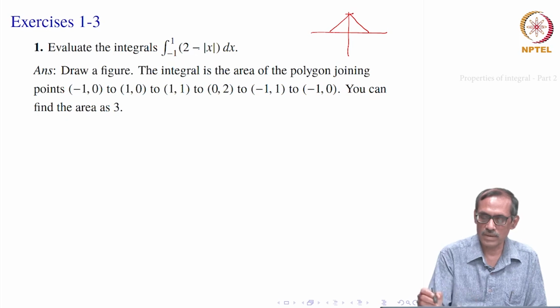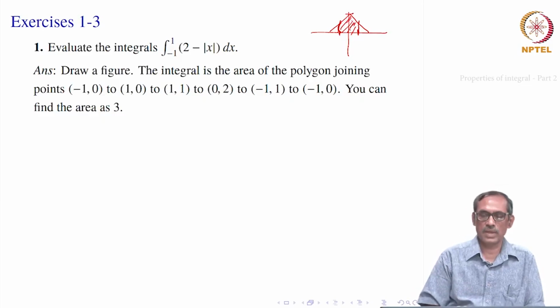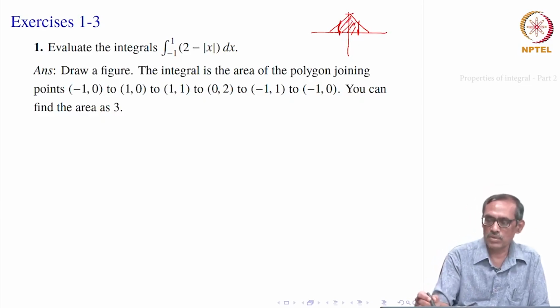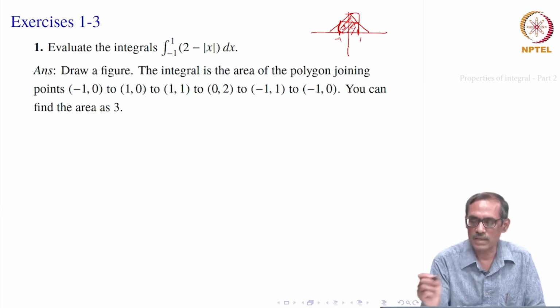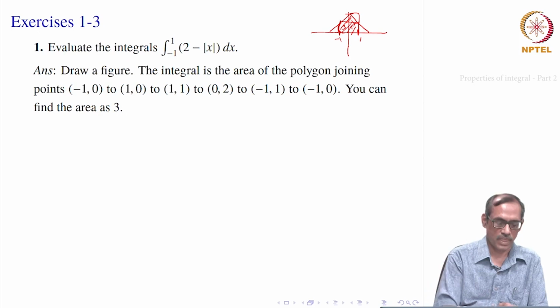So, at minus 1 it will be something like this. This is your minus 1 to 1. So, it is this area we have to compute, fine. So, you can see the polygon now, you join these points and this is the area of that polygon, which is easier to compute. This is minus 1 to 1. So, length is 2, this is 1 and this is the same thing as this area. So, you have 3 times 1, right. So, answer should be 3.